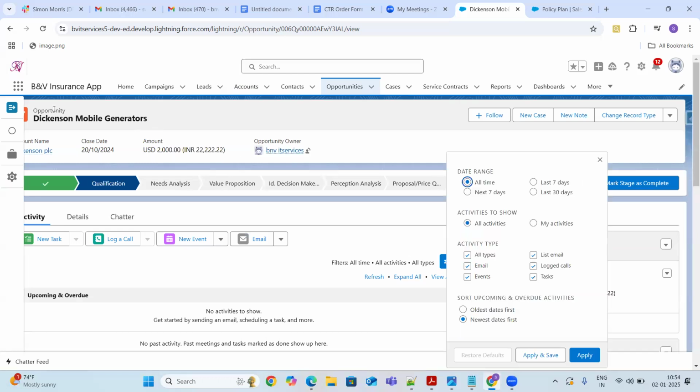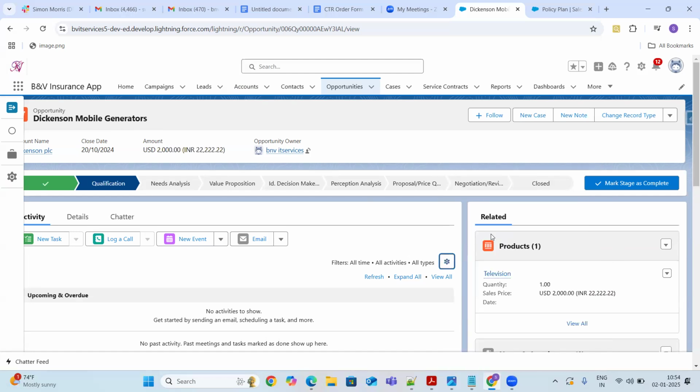This opportunity and product can have a many to many relationship, guys. Opportunity and product have a many to many relationship. One product we can order in multiple opportunities, right? And one opportunity can contain multiple products.